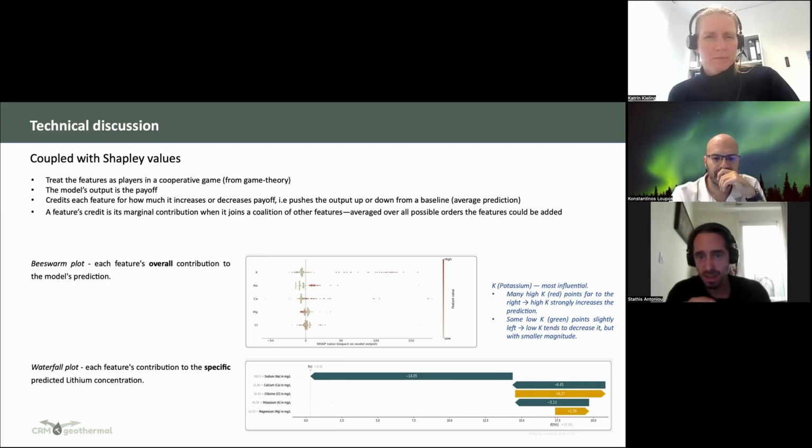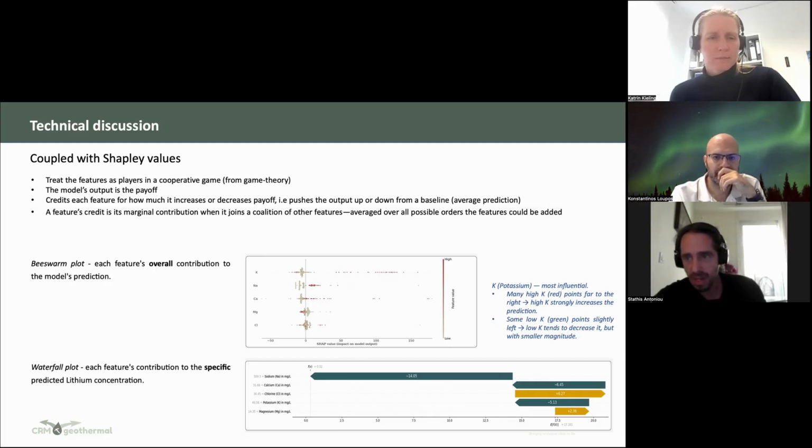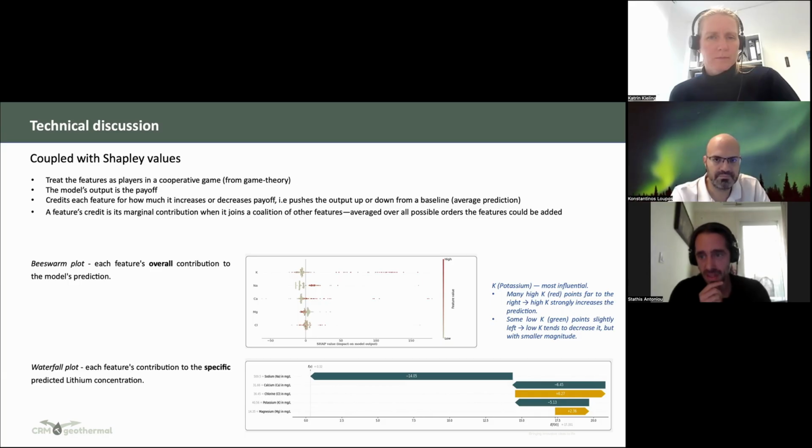You can see the red points, which have high feature values, have high Shapley value. They increase the prediction very strongly. And then you have some other green points for potassium to the left, and they tend to decrease the final prediction, but with smaller magnitude. So this gives you the overall, let's say, contribution of the feature to the model.